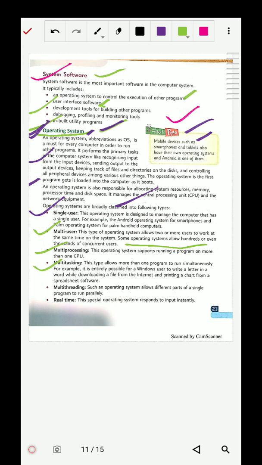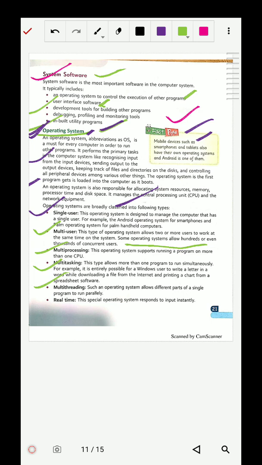Next is multi-threading. Multi-threading is such that an operating system allows different parts of a single program to run parallelly. So try to understand what multi-threading is. Multi-threading is the ability of a program or an operating system, the ability of system software, to manage its use by more than one user at a time, and even to manage multiple requests by the same user.